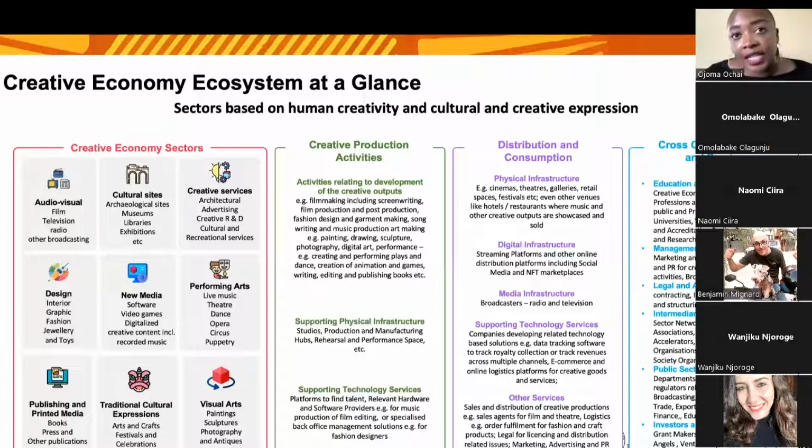Digital infrastructure for fashion and apparel and accessories also includes e-commerce platforms where you can sell your goods. It also includes different online marketplaces like NFT marketplaces, where all kinds of creatives can use those technologies to reach audiences and sell their work. There's also media infrastructure. So if you've got DSTV or MultiChoice in your country, or other national broadcasters or international broadcasters, these are all broadcast and media infrastructure that enables the distribution of content.